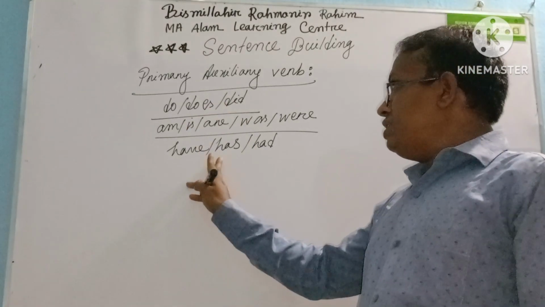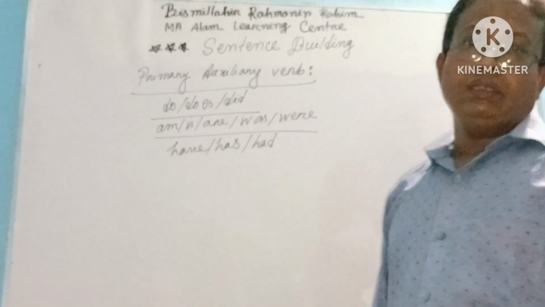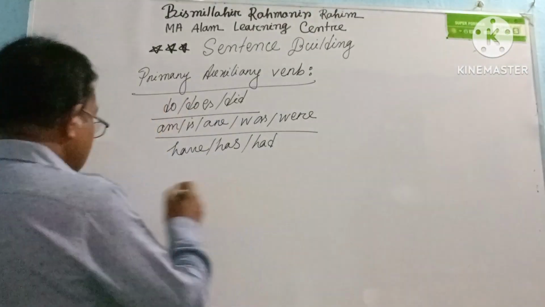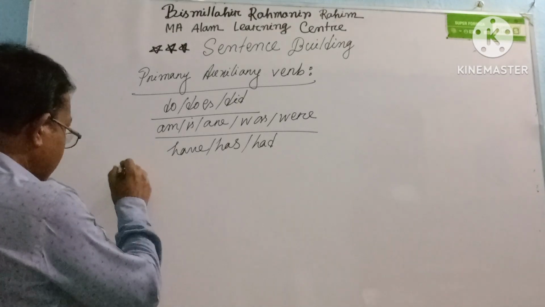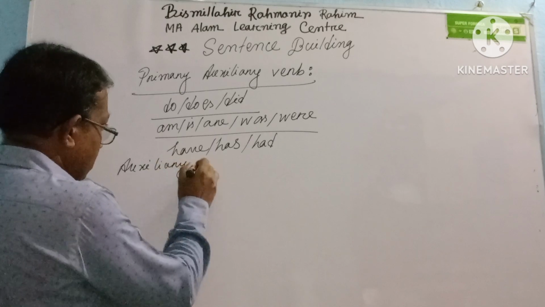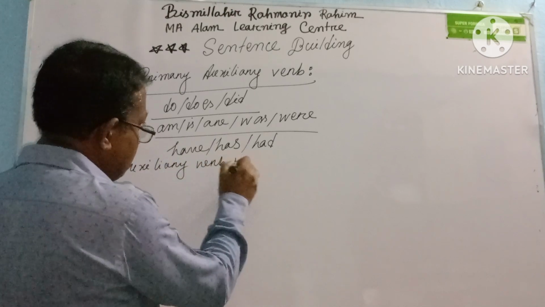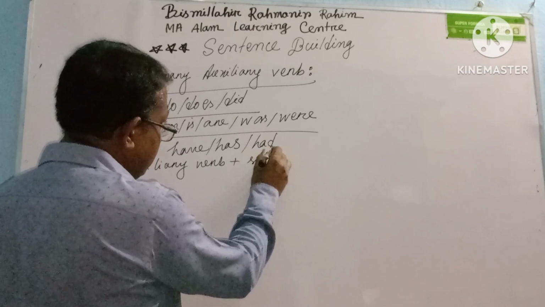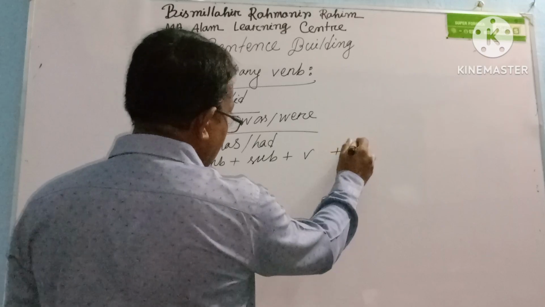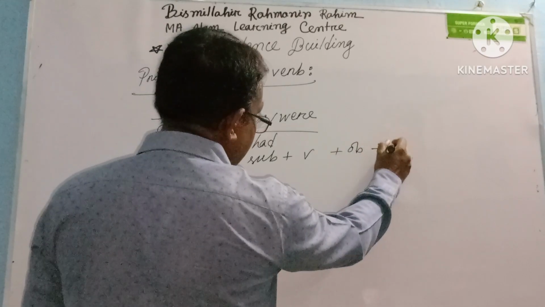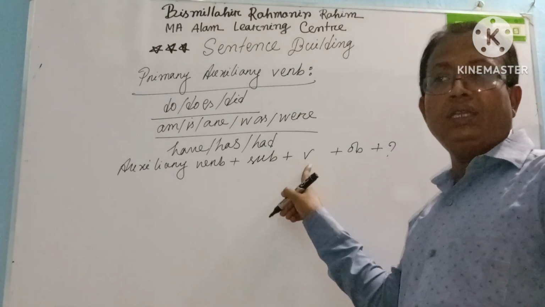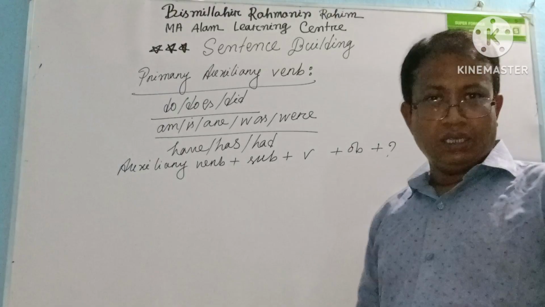By using these primary auxiliaries, we can make interrogative sentences. The structure is auxiliary verb plus subject plus verb plus object plus extension. We can choose the verb according to the auxiliary verb. Some examples: